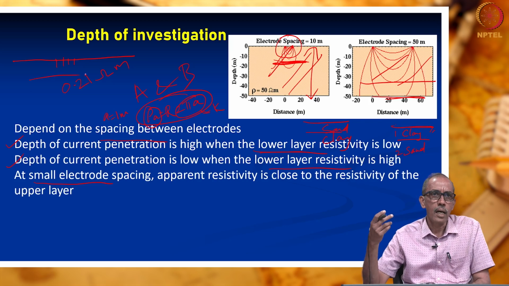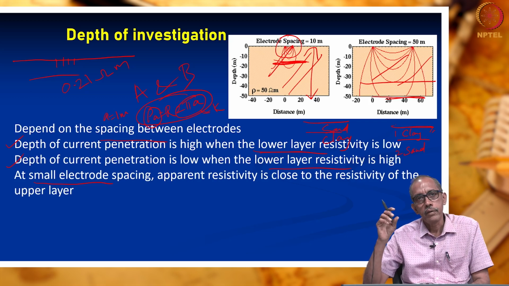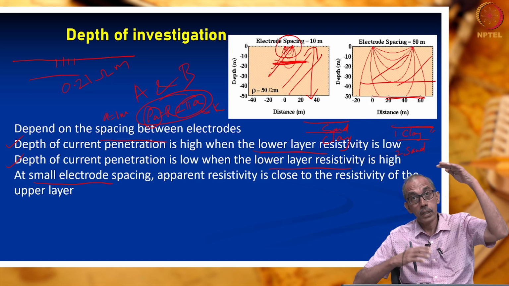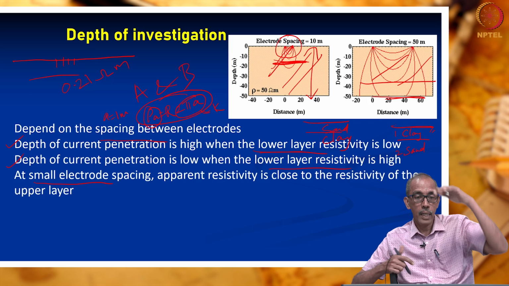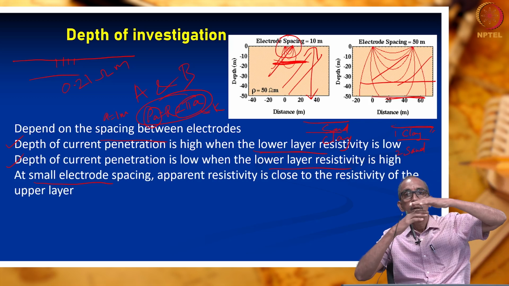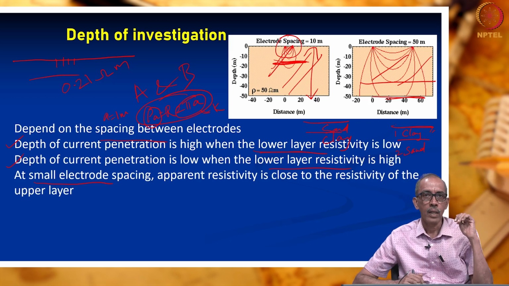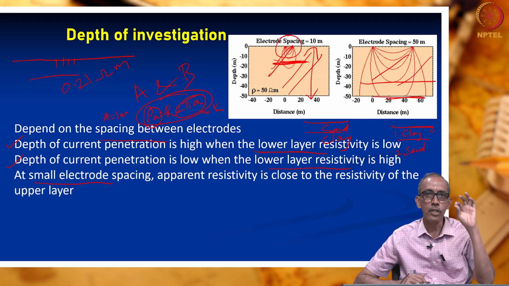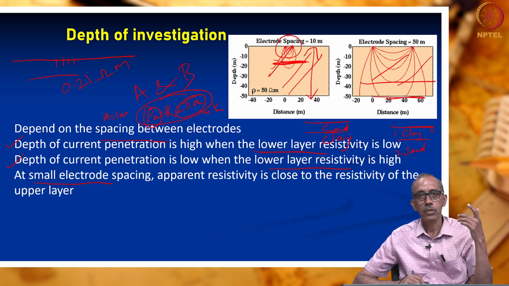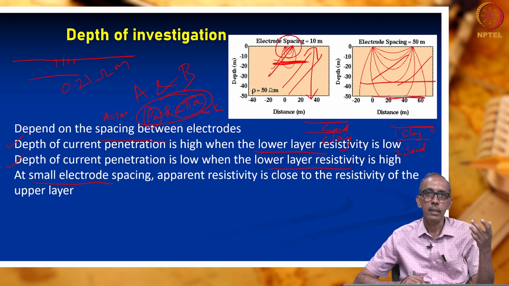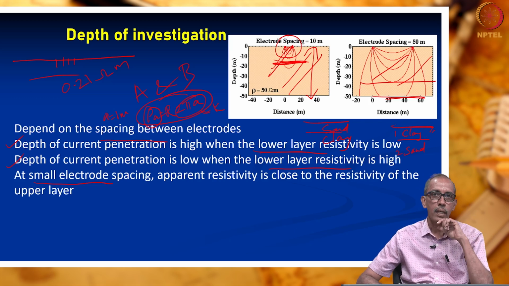Though it is apparent resistivity, this is almost equivalent to the true resistivity of the topmost layer. Why do we say this? This is because we have kept the electrodes at a shorter spacing compared to the depth of the layers. Imagine the first layer itself is about 20 meters thick. We are pretty sure the current has passed only through the topmost layer, isn't it? So, though we have calculated apparent resistivity, it will be much closer to the true resistivity of the top layer.